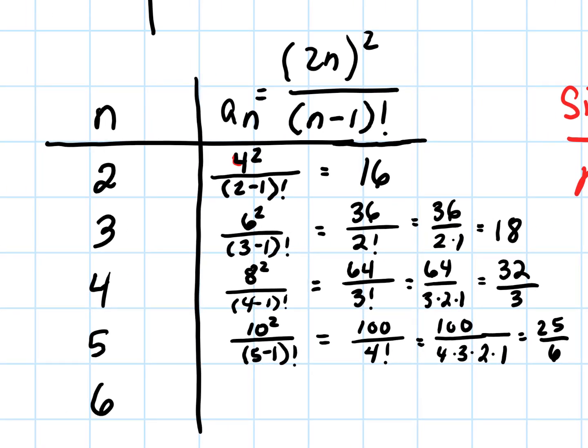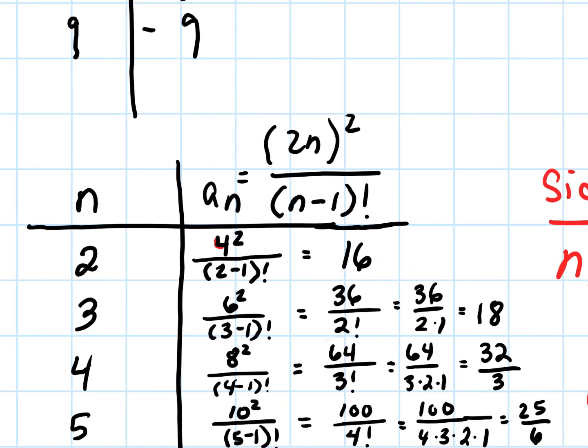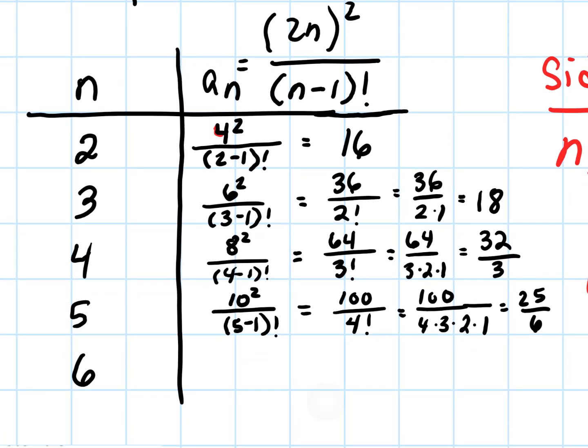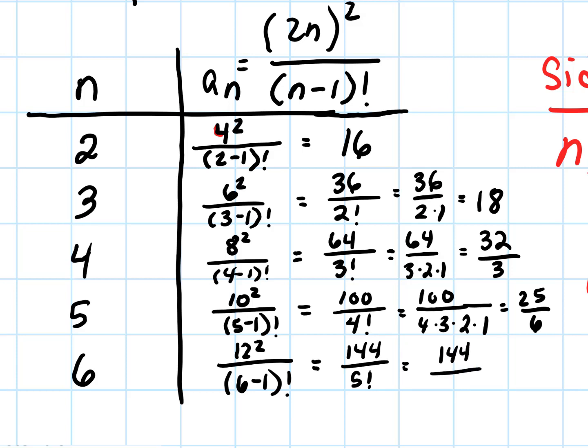And for n equals 6, and remember we needed 5 terms, but since we started at n equals 2, we'll go to n equals 6. That ends up being 12 squared over 6 minus 1 factorial, or bang is actually how we say that, kind of the short way to say factorial. 6 minus 1 bang, which is 5 bang, and we've got 144 over 5 factorial, so 144 over 5 times 4 times 3 times 2 times 1,